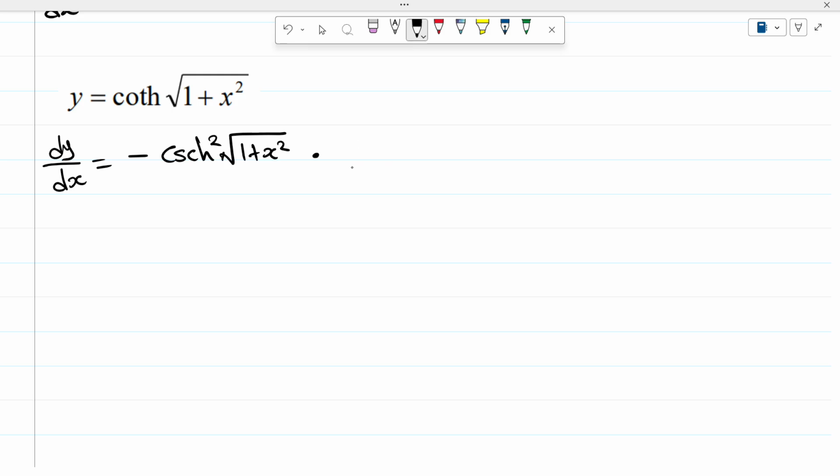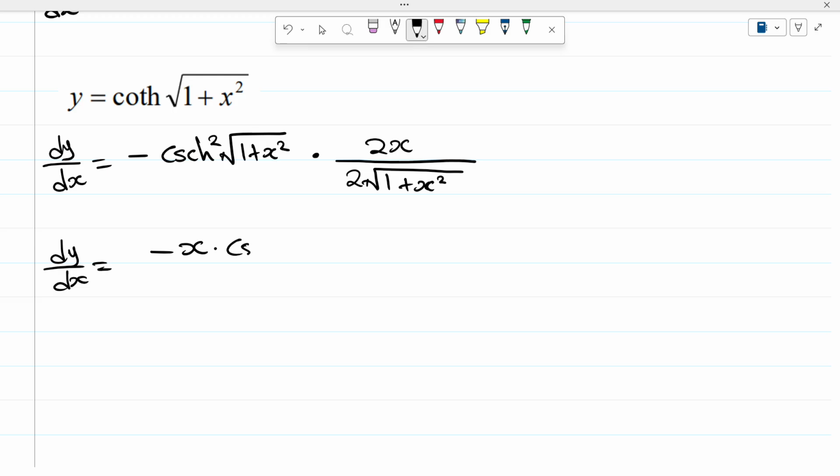So to differentiate the root, guys, I've done that before. I've explained how you can cram it. I've said that you just put a fraction, and on your denominator you say 2 root of 1 plus x squared, just like that. And then of course on the numerator you are supposed to differentiate whatever is inside the root there. So the derivative of 1 plus x squared is just 2x, and then 2 and 2 will cancel out,